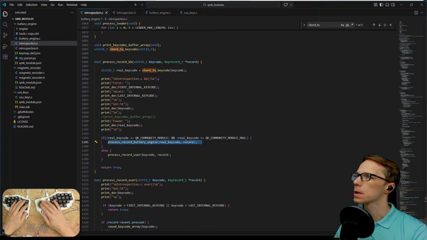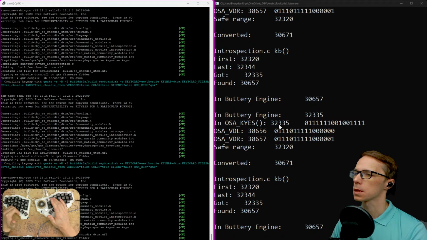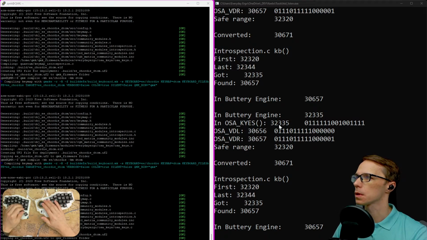Yeah, but what is good, I suppose, is that this code 32335 is the same, so of course it hasn't been changed because this is not a pointer, so it was a copy all the way. So I just messed up this, or maybe my assumption is wrong that I can't subtract like that. And because my first key code